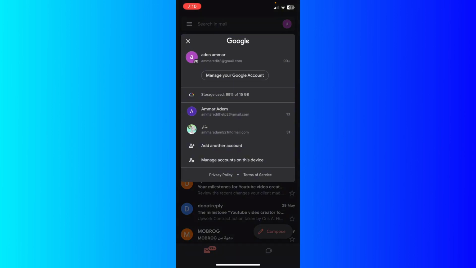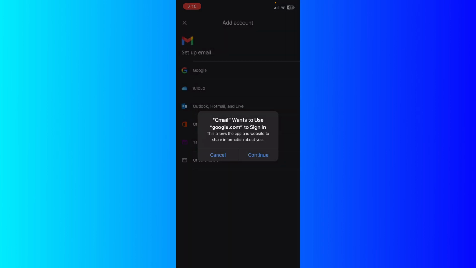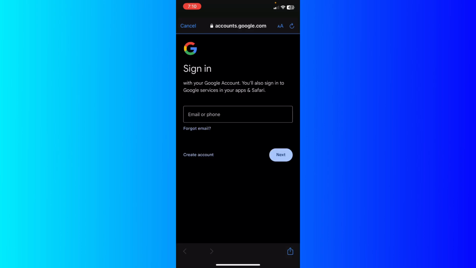And from there, I'm going to just go ahead and click manage your, sorry, not manage your account. I'm going to add another account, right? And then I'm going to just click Google right here. And basically it will open up a new window. I'm going to double tap the continue button, and then I'm going to hit the create account at the bottom left corner